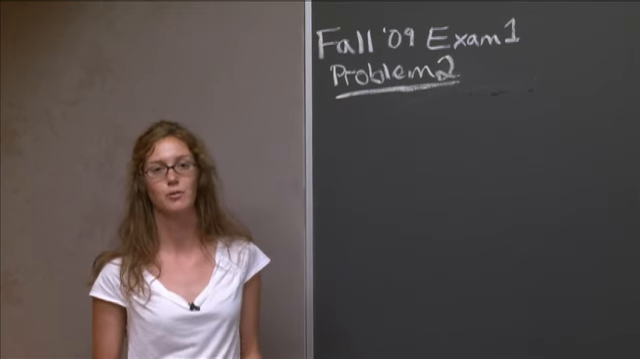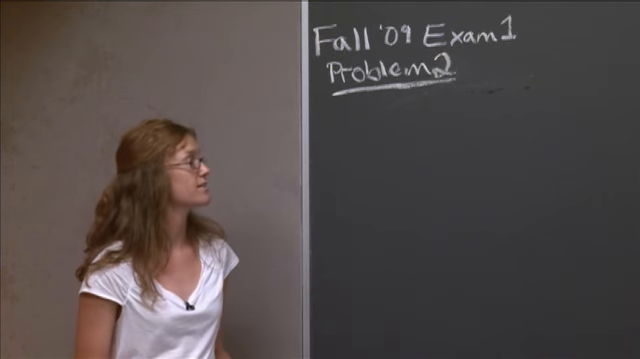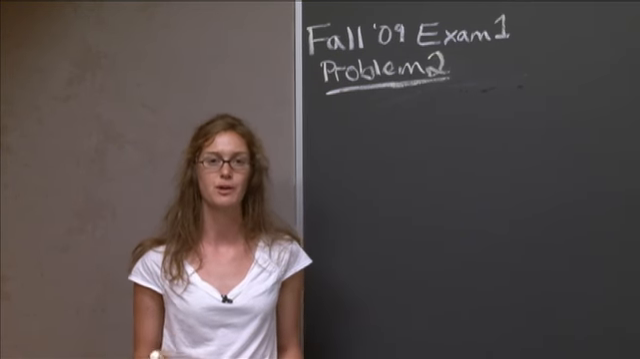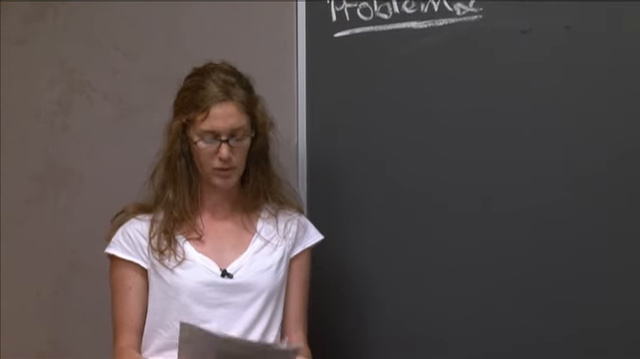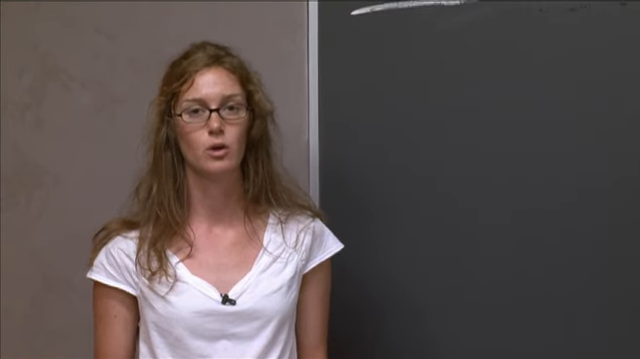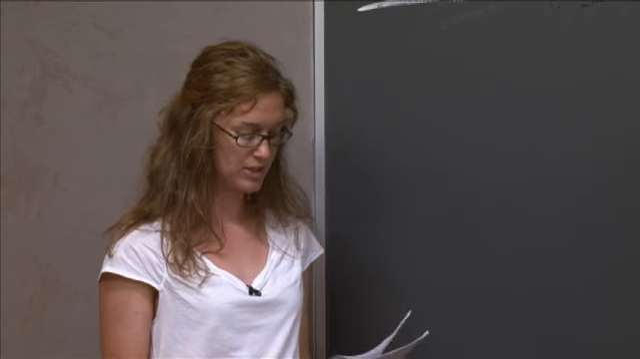Hi, I'm Jocelyn, and we're going to go over Fall 2009 Exam 1's problem number 2. As with every problem, we want to first read the full question. In box notation, give the complete electron configuration of each of the following gas phase species: calcium 2- and magnesium